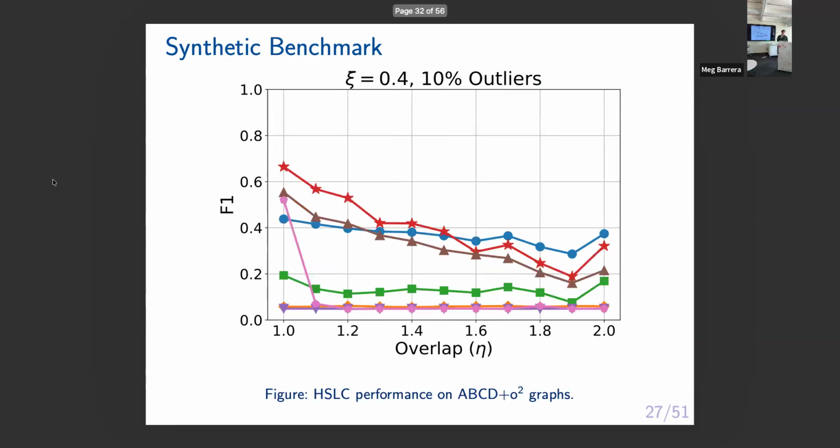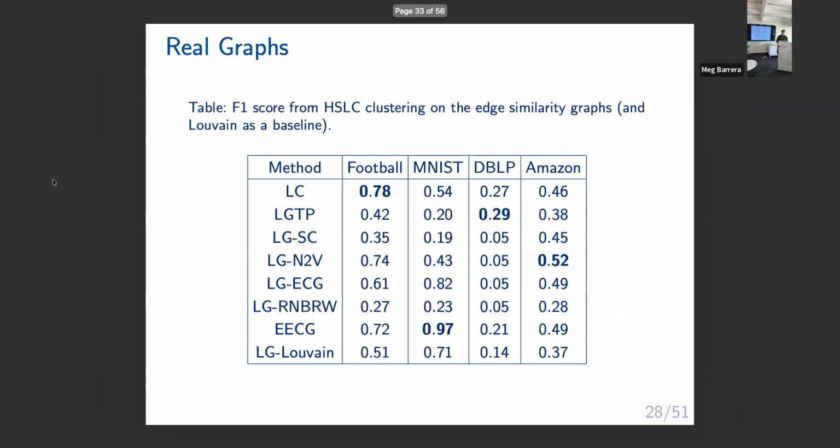But maybe once again, if you just run them on the real graphs, you can do slightly better than if you had just run the ECG on the line graph. But there's not a single edge weighting score that works well. So choosing this, if you could write down a good similarity score, I think this method has promise. Actually writing down that good similarity score is still open.